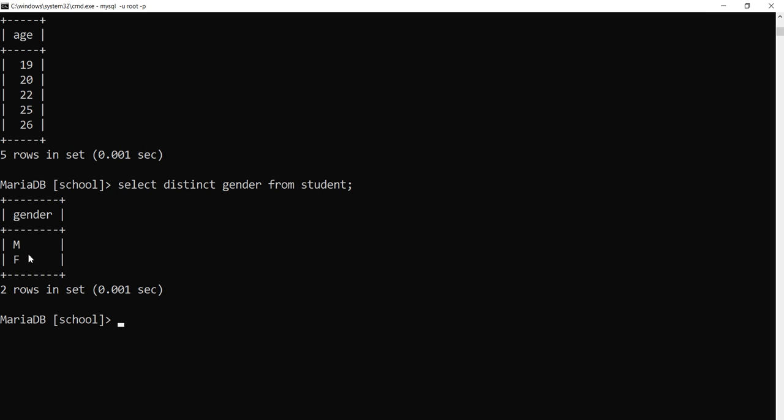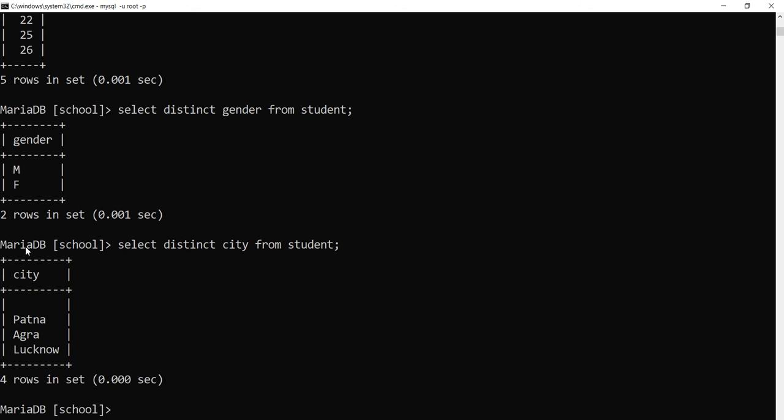This is called distinct. And now it's time to get the distinct result of city. Only three are available: Patna, Agra and Lucknow.